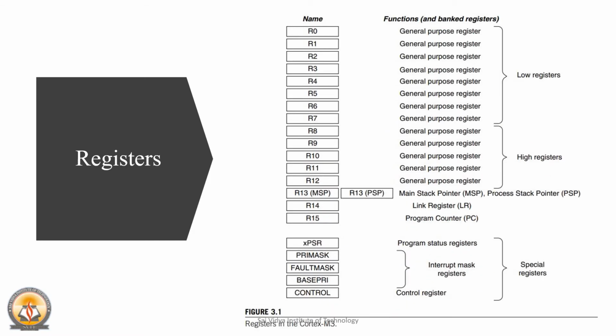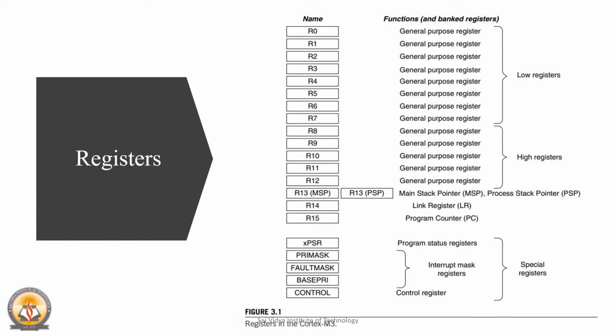The Cortex-M3 processor has registers running through R0 to R15. They are 32-bit general purpose registers from R0 to R12, and these registers are used for data operations. Some 16-bit Thumb instructions can only access a subset of the registers, the low registers, which run through R0 to R7, and R8 to R12 are called high registers, which are used for Thumb-2 operations.